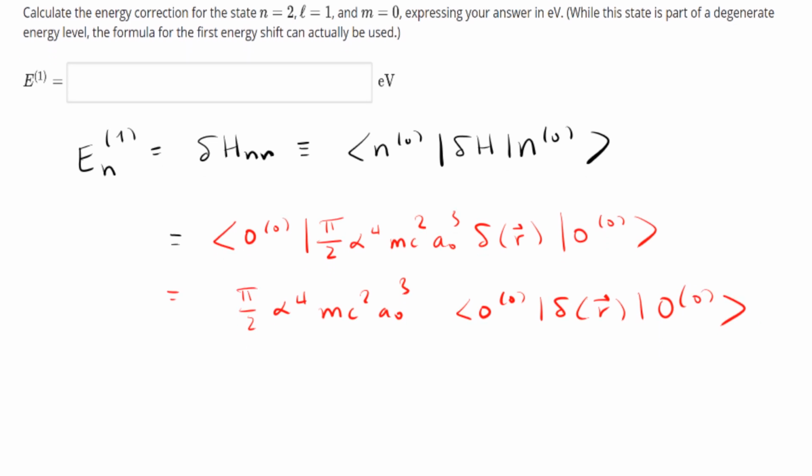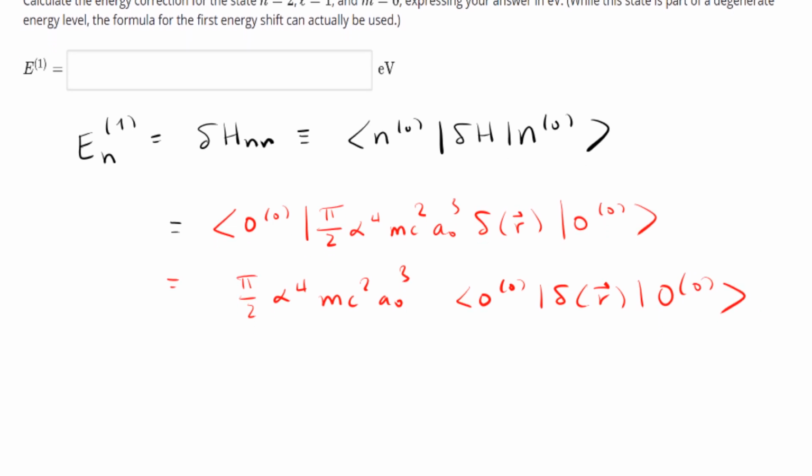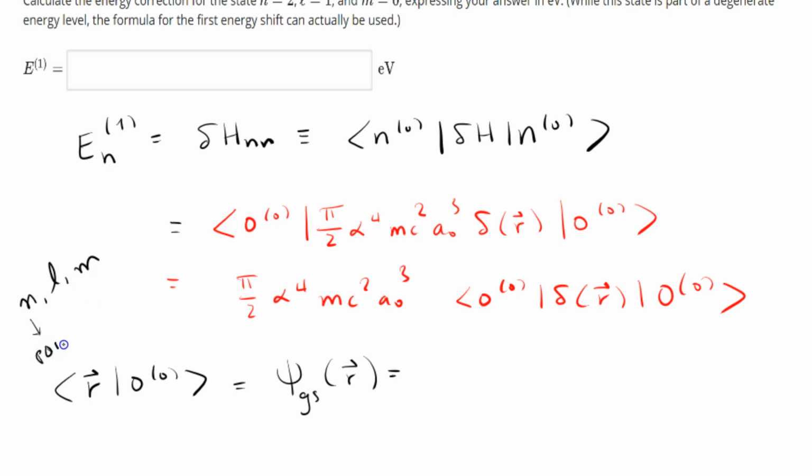Okay, and if you remember from an analysis of the hydrogen atom, if we look at the position representation, the ground state is actually represented by the ground state wave function. I'll just write ground state for now. And if you remember, in the hydrogen atom, we label states by N, L, and M. This is the principal quantum number. This is the angular momentum quantum number. Remember, these are eigenstates of